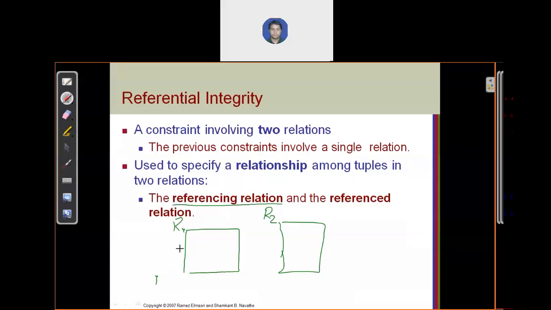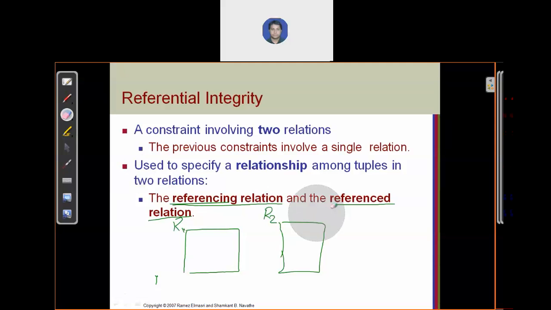R1 is the referencing relation, and R2 is the referenced relation. So in referential integrity, we use two relations: the first is the referencing relation, and the second is the referenced relation.